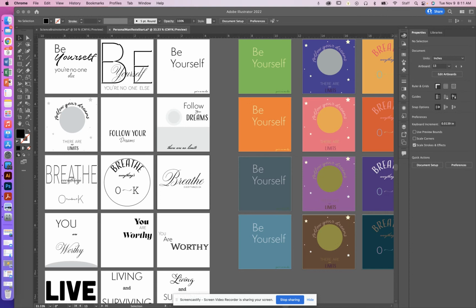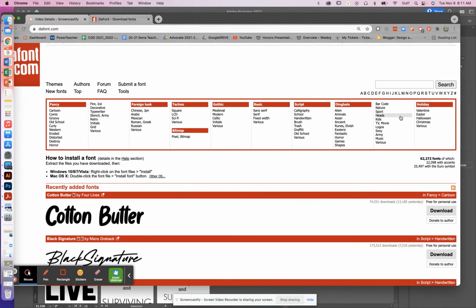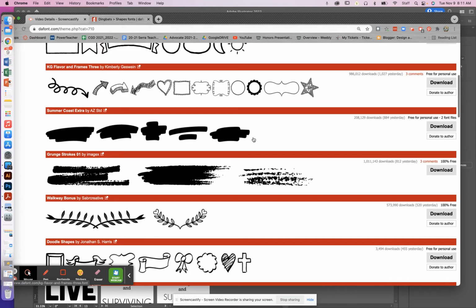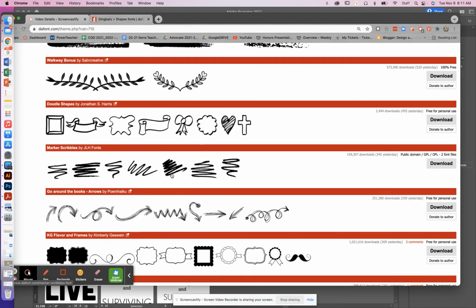Let me introduce you to this thing called Dingbats. Dingbats are specialized fonts that have graphics already built into them. Like, for example, I'm going to choose this Shapes Dingbats. The way that this is set up is these are all ones, instead of typing out letters, it actually has